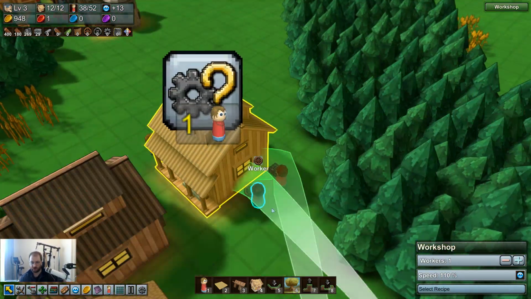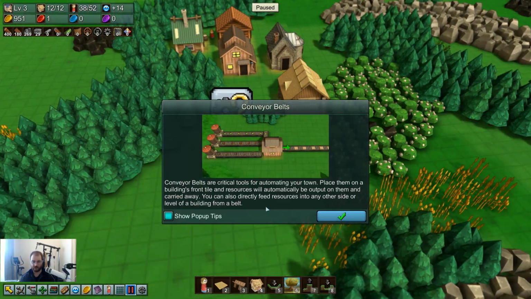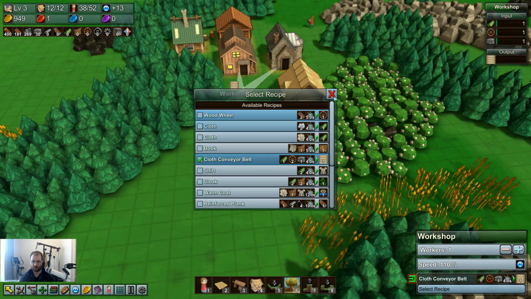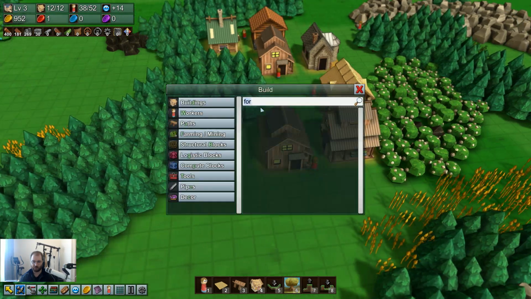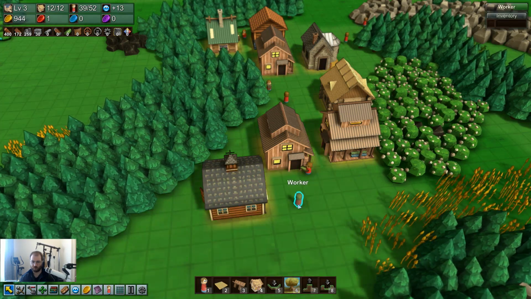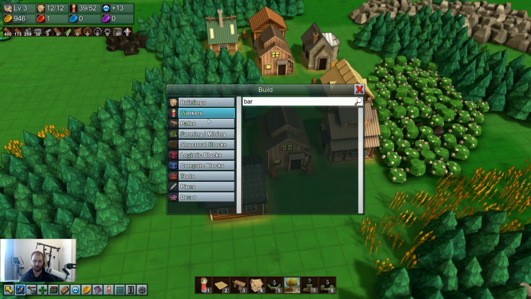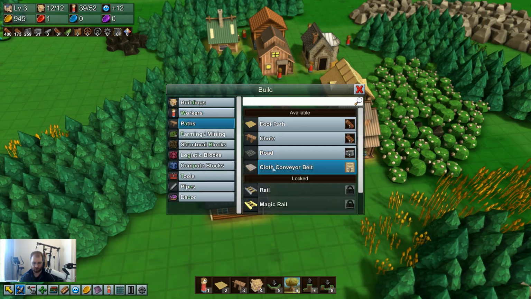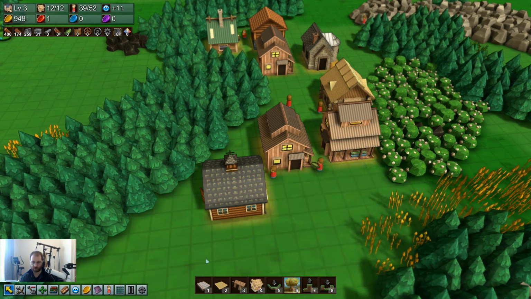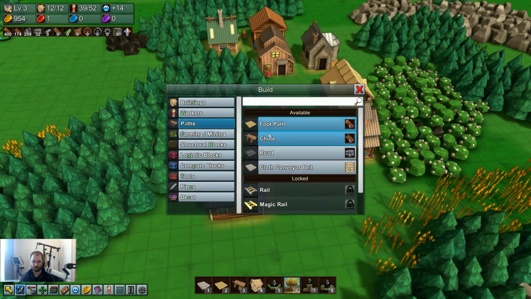Okay, so what do we got? We got stone, we got wheels, and we got that. Excellent. And we just got basic logistics. Yay. Conveyor belt. And we got a barn over here. And we got a person. Go and grab these and put them in there. There we go. Cloth conveyor belt. Shift 1. I'm not sure if it was 1 before. I have a feeling it was 2. Maybe